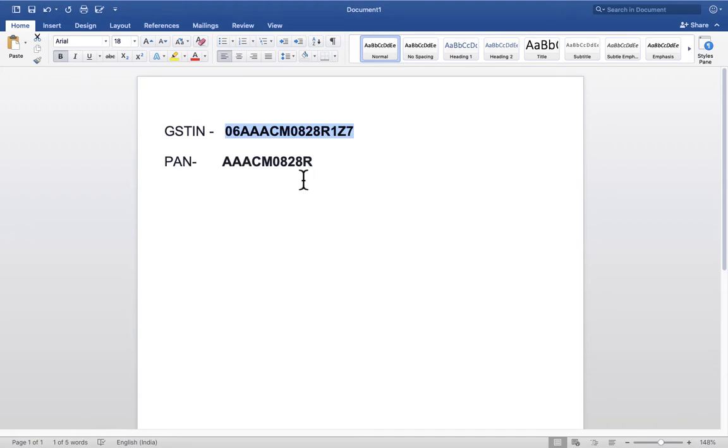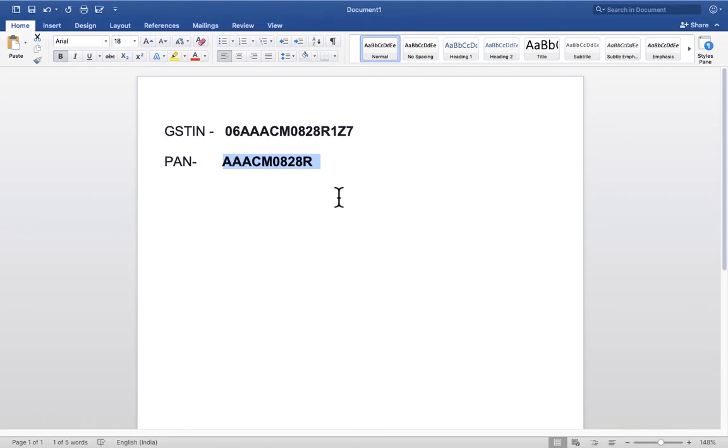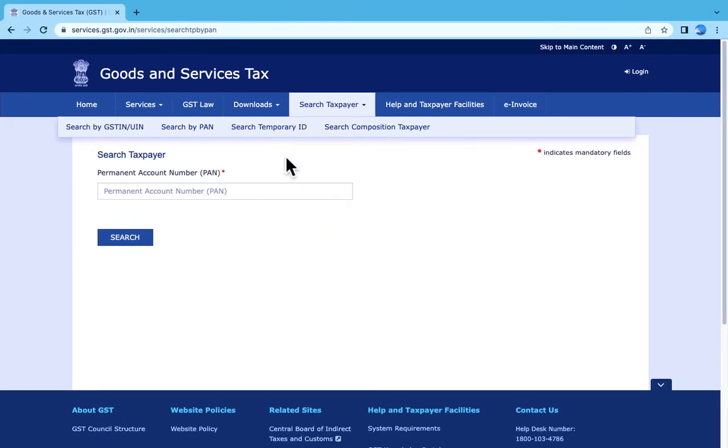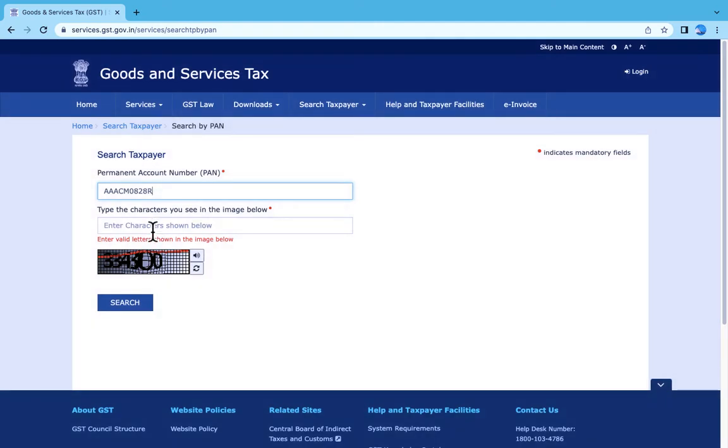In the first case, we can copy the PAN number and paste it in the search taxpayer option, in the search by PAN option, and enter the captcha.